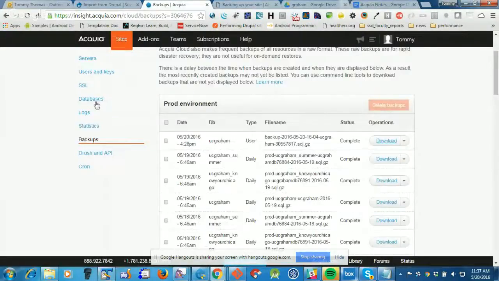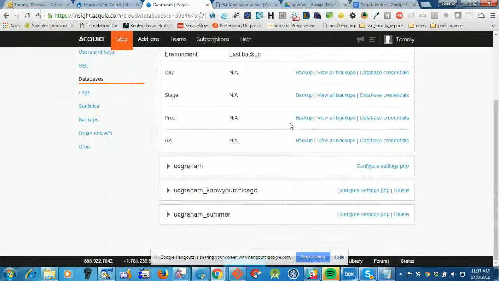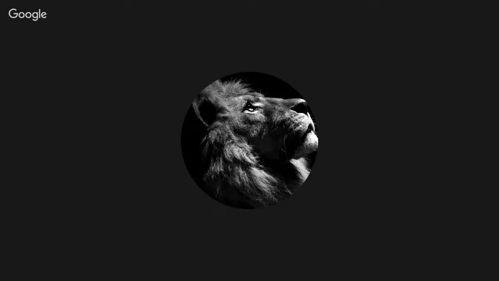So that's databases. Well, the good news is if we screw anything up, it won't even let us hit the production database. Okay. So I just have to get the